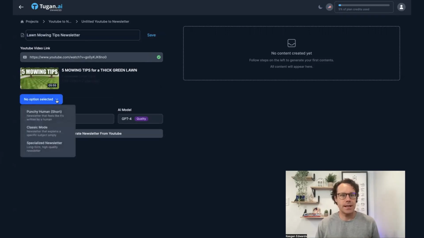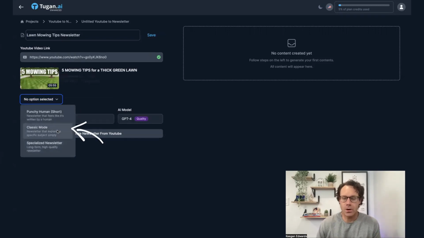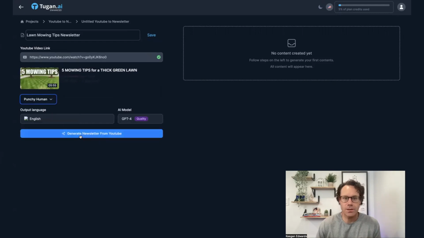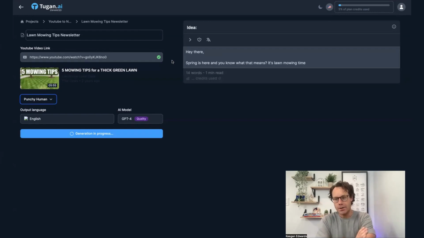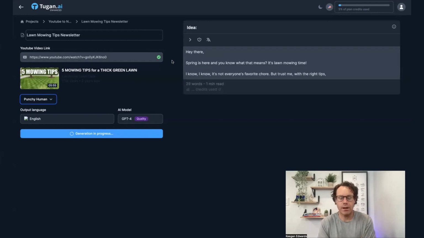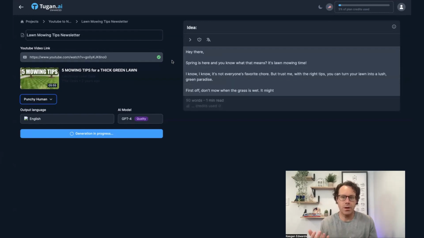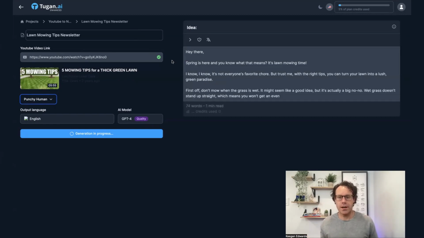And then option selected, I can do punchy human, which is the option I'm going to go with, classic mode that takes a little bit longer, or specialized newsletter. For most of us, punchy human is going to work best. You can select the quality and it makes sense to go with ChatGPT 4. So now I'm going to start generating this. And basically what's going to happen is this is going to write my newsletter for me based off of a relevant YouTube video. So I don't have to sit down and type up a whole newsletter